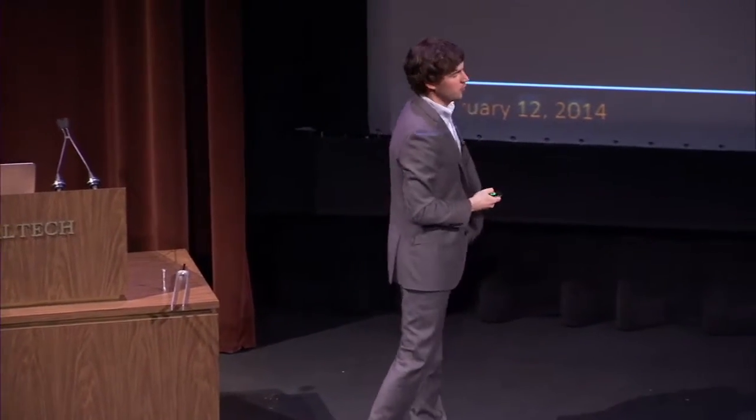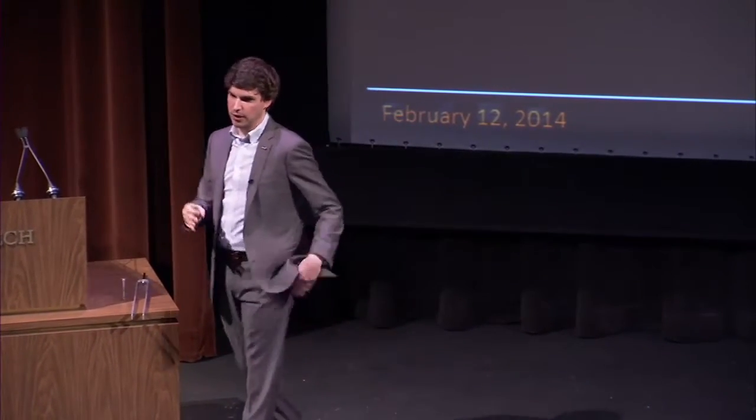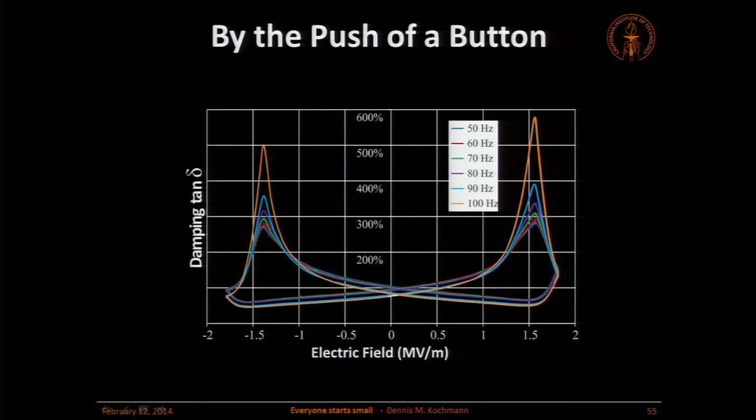You can do similar things with the electric field. If you take this barium titanate, you apply electric fields, and you switch the electric field back and forth, you can use this to create large damping. This is an example where we apply electric fields. And what you see here on this axis is the damping, the capacity of the material to damp vibrations. Normally, it's pretty boring. We're somewhere down here. But as you change the electric field appropriately, this increases by more than 600%.